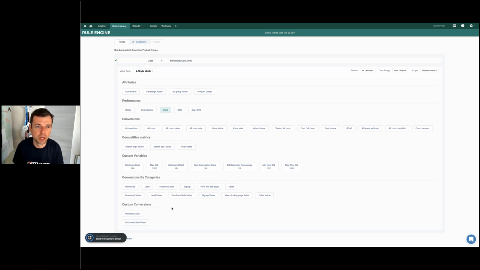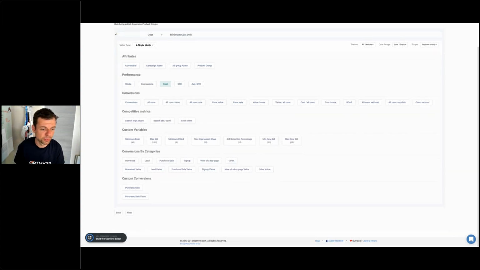So you can do really, really advanced stuff. You can change the device type that you're looking at. You can change the look back window you're using. Even if we're looking at product group level bids, you could say, well, actually, I want to know what was the average conversion rate from the campaign that this product group sat in. So you can change your entity level. So really a lot of stuff you can do here to tweak this and make it all that much